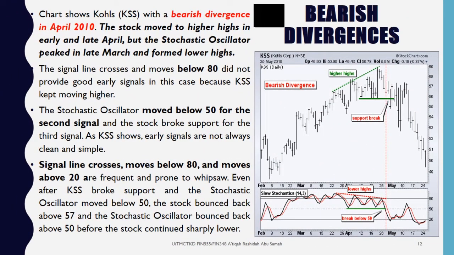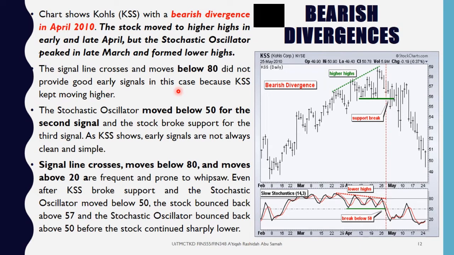Okay, so this is how to identify the bearish divergence. The signal line crosses and moves below 80 did not provide good early signals in this case because KSS kept moving higher. So the stochastic oscillator moved below 50 for the second signal, and the stock broke support